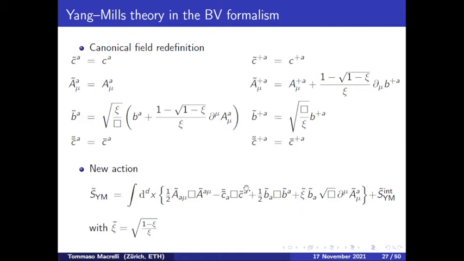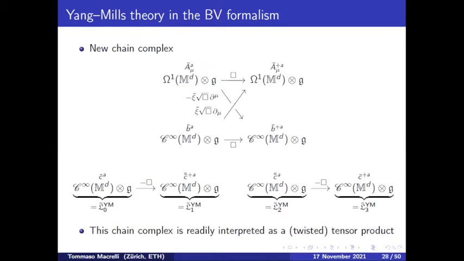Here, I've written only the kinematic part of the action. The associated chain complex, the chain complex associated to mu_1, the first product of the L-infinity algebra, is the following one. And this, as we will see in the following slide, is almost what we want,